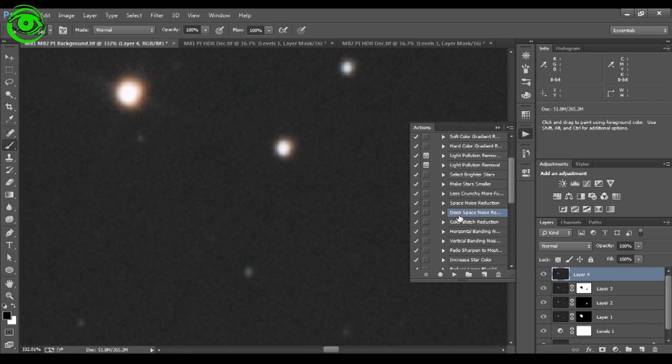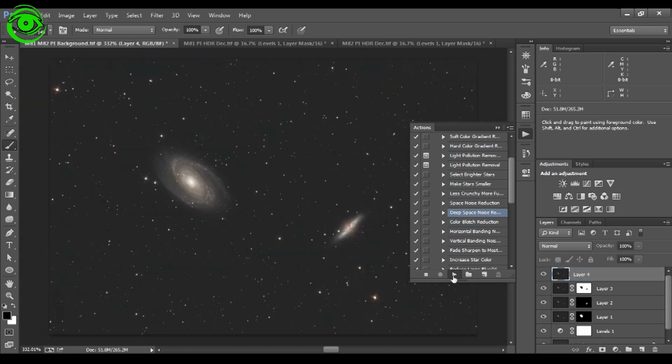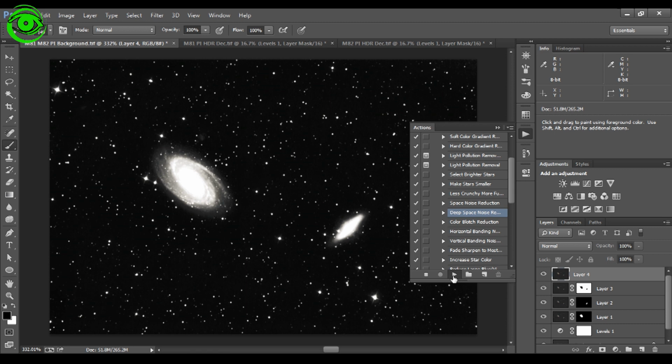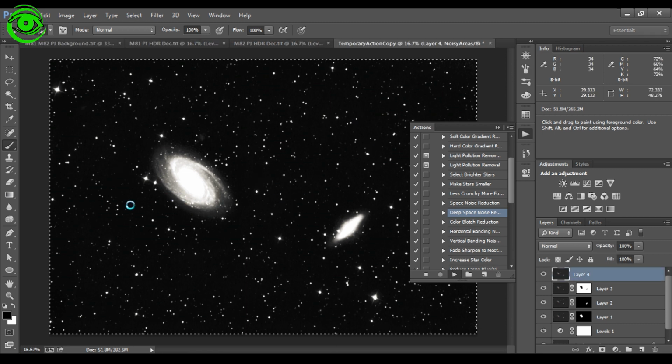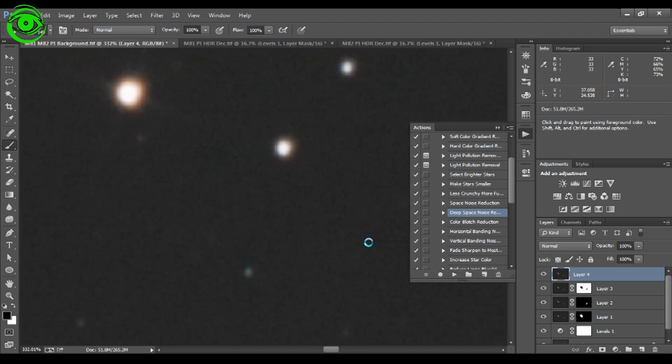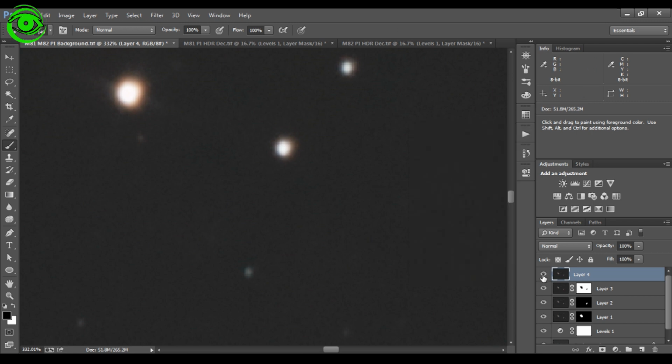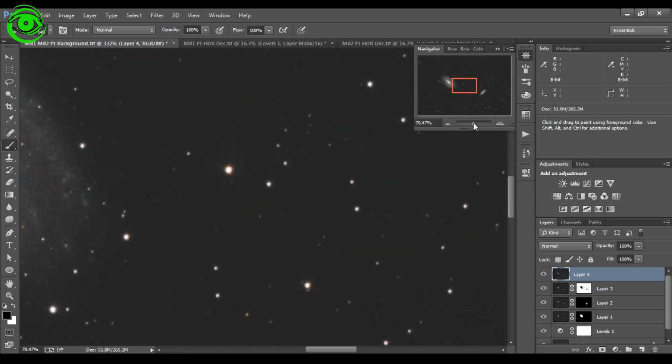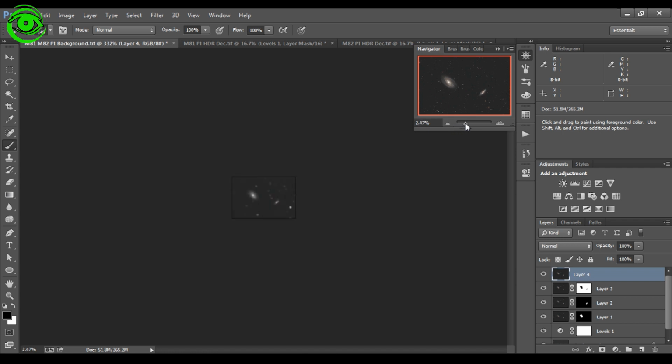So we'll do the deep space noise reduction, which automatically takes into account just the darkest parts of your image and uses a mask to protect your stars and your galaxy. If this were a nebula, it would do the same, protecting that nebula. But you can see here, if you toggle things off, you can see all the noise that we get, different pixels of shades of gray. And if we turn it on, it does a real nice job at smoothing and making things a little bit smoother. So now if we go ahead and zoom back out,